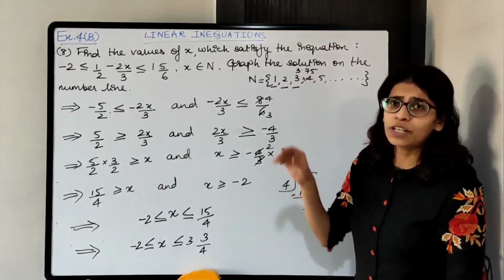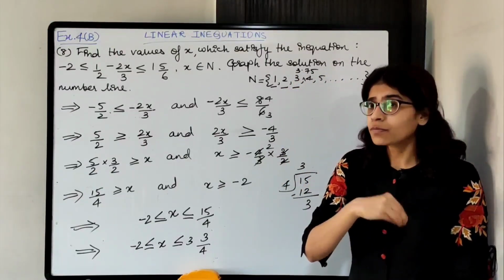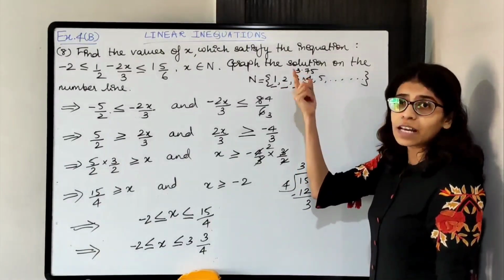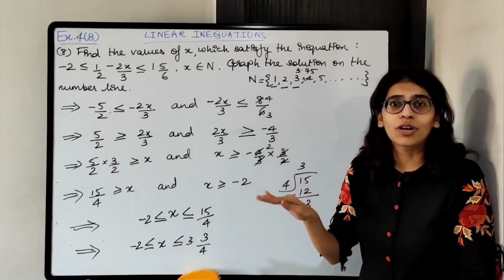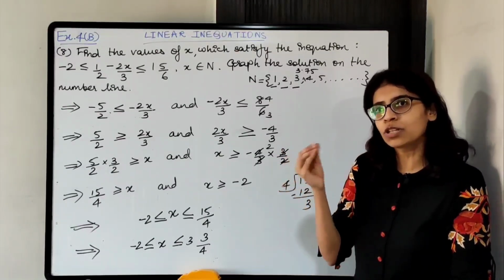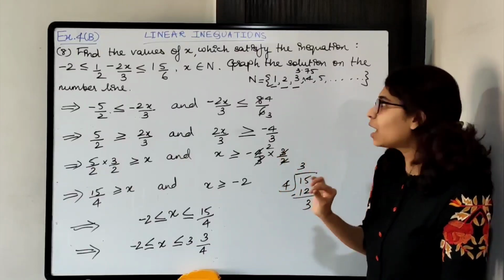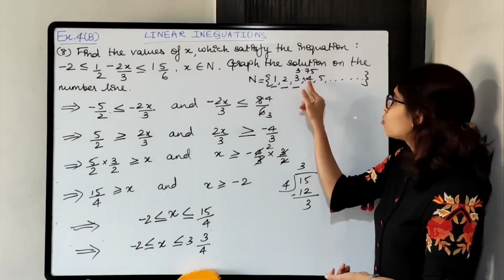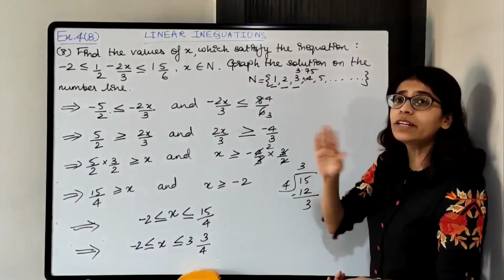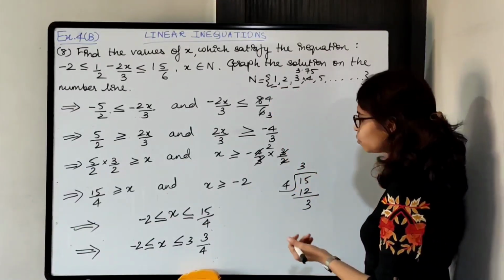But can you include 3.75 in the set? नहीं, because natural numbers में 3.75 is not there, decimal is not there, so you cannot take 3.75 over here. Okay, real numbers का set होता तो different thing है, but यहाँ पे natural numbers है, so you cannot include 3.75. The values possible are 1, 2 and 3 only. Okay, so solution set